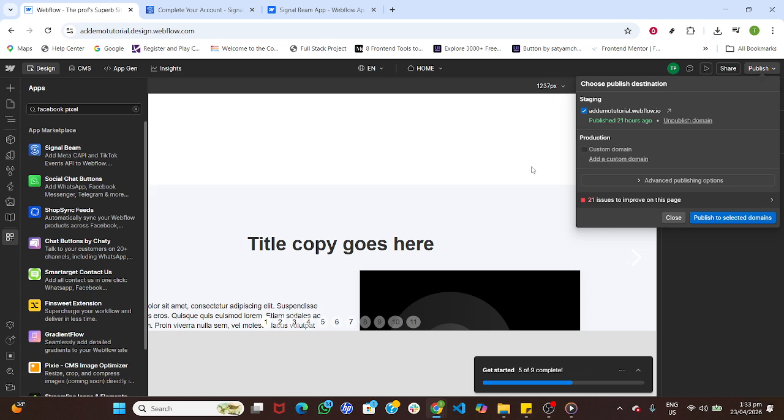And that's the process. You've installed Signalbeam from the Webflow App Marketplace, reviewed the details, authorized it for your site, and put